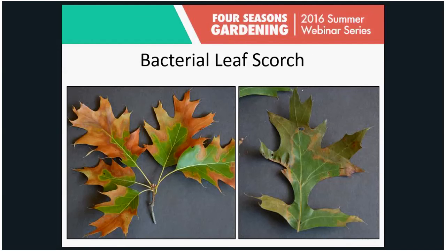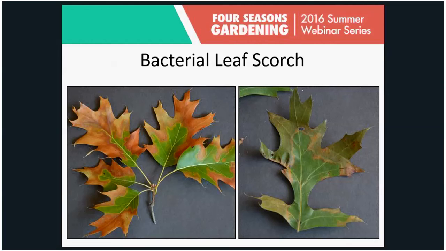So these are, again, classic symptoms of bacterial leaf scorch. I think you can see why it would be easy to mistake these pictures for oak wilt. Again, you have that half-leaf scorch starting at the tip, working its way back. A couple things to note on these pictures is that on the picture on the left, which is a beautiful